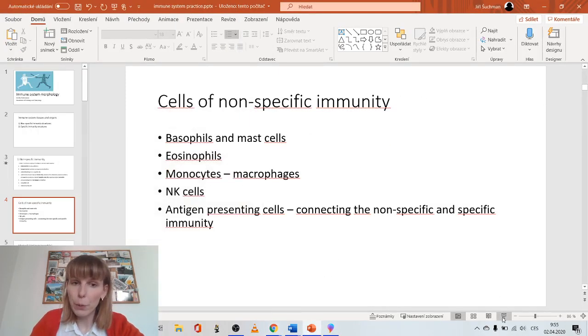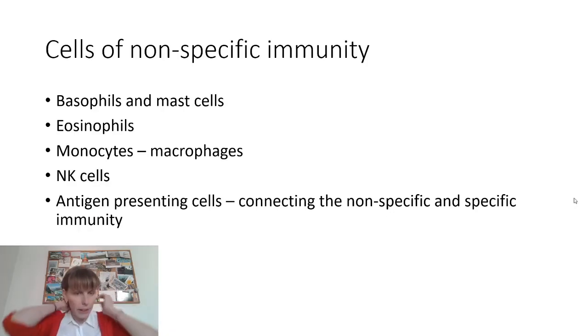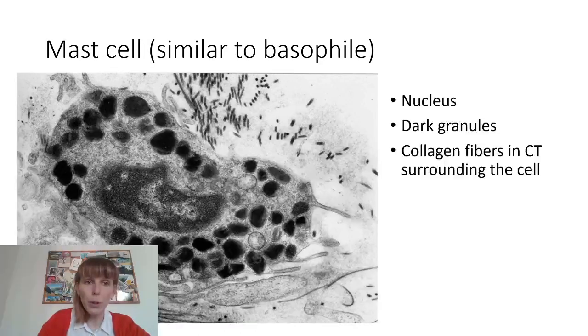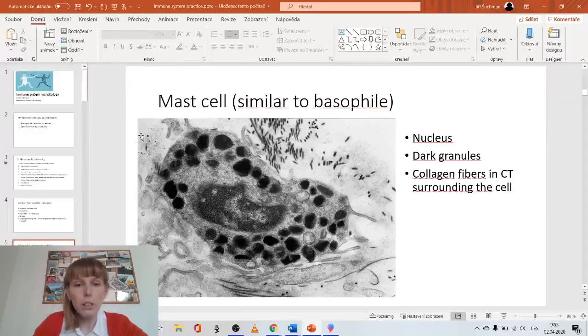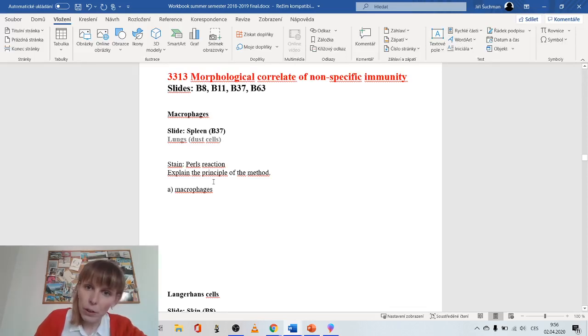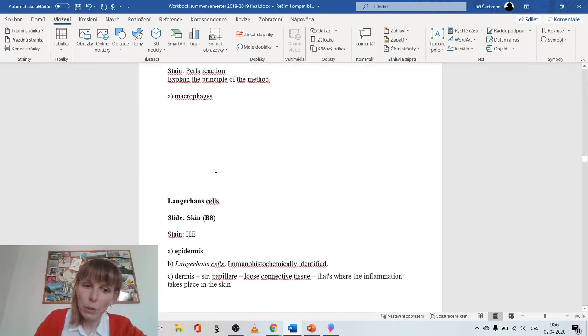I hope so. So, what cells are involved in the non-specific immunity we already mentioned, and in your workbook we will have some pictures from electron microscope. So we can start with those, because we have one picture of mast cell and one picture of eosinophil. So we will start with the mast cell. So if you take a look at your workbook, it's at the end of the immune system part. So if you go down,